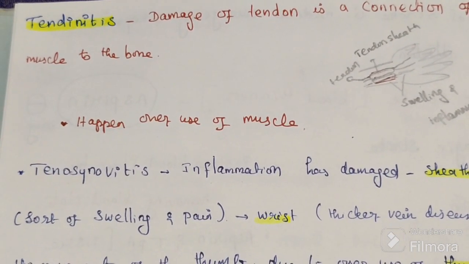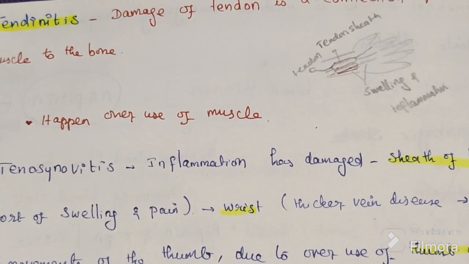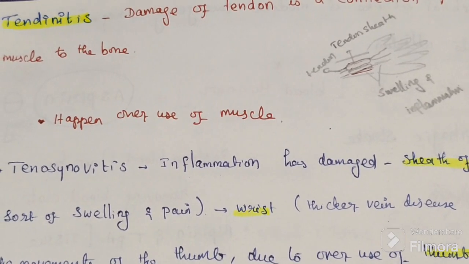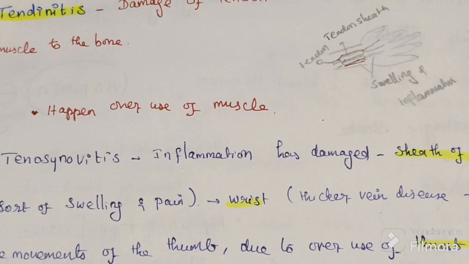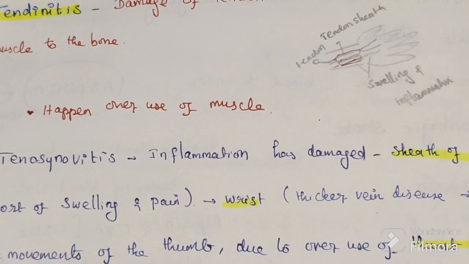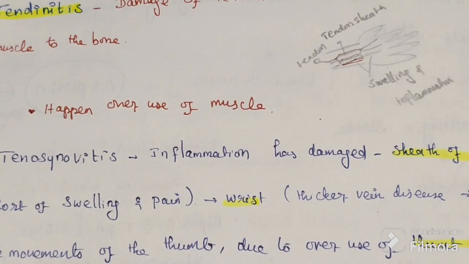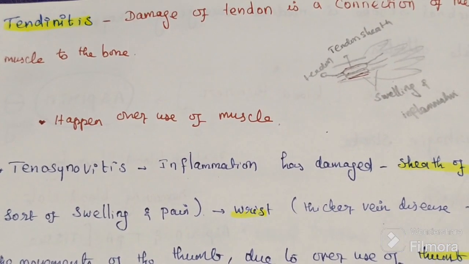What happens here is overuse of the muscle. It can happen a little further, between the muscle and the final attachment to the bone. Sometimes you do not have tendinitis, but you have